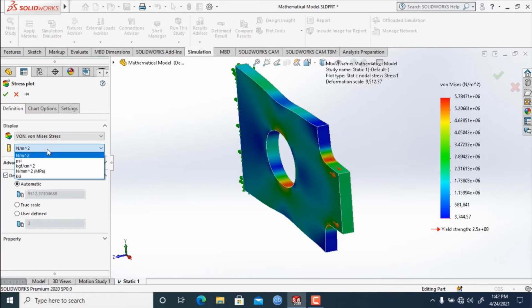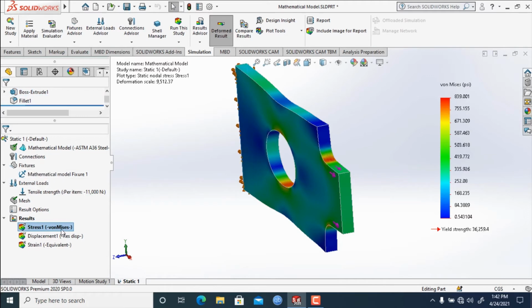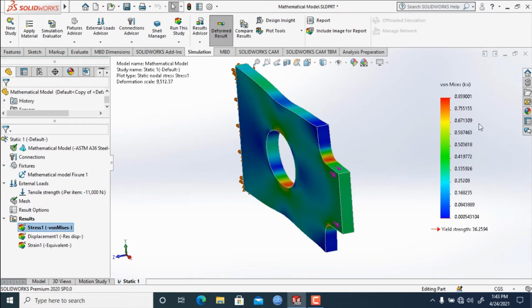We can change the output unit if we want. If we click on PSI and click OK, the result will be shown in PSI only. Again, let's go to edit definition. If we click on KSI and click OK, then we can see it is showing the result in KSI.